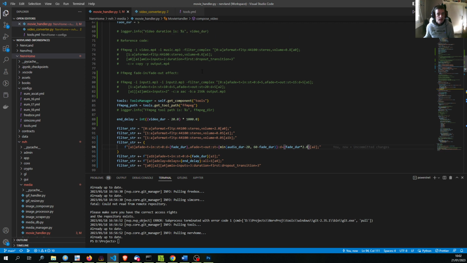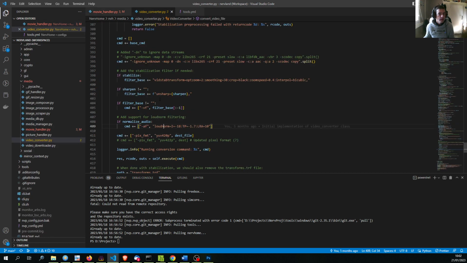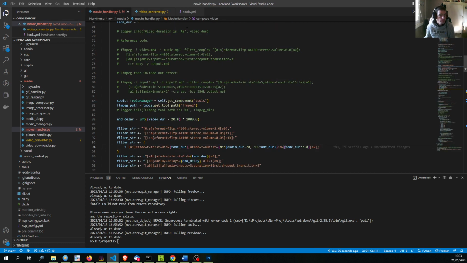Let's start with adding the loudnorm filter, because in fact I already have an example of how this should be done in another script that I use to transform my family videos. So that's the application that I use for this filter. Let's copy that back into the movie handler. We want to apply that on the A0